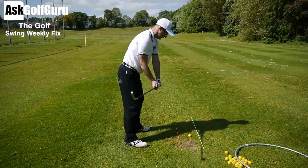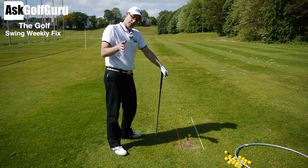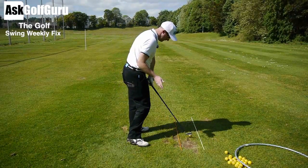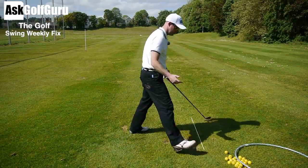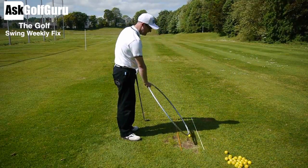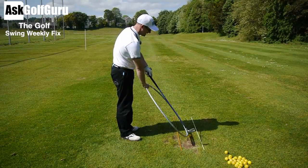And I know this sounds strange to lots of people. This will feel and sound a bit odd, almost like I'm teaching you to maybe hit across the ball. I'm not. What I'm saying is you're going to be hitting through the ball, but you need to be exiting to the left, which is quite obvious. Hoopy explains that very, very well. If the hoop is straight, you can see it doesn't exit out as people think, it exits to the